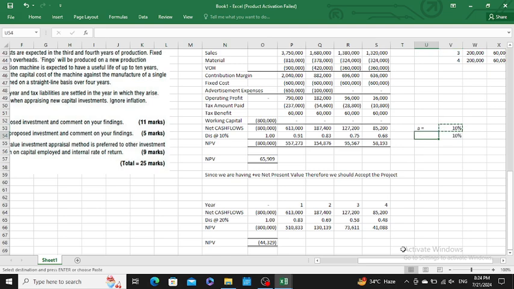At point B is the rate at which we would be getting the negative NPV. Capital A is the rate of capital A, where our positive NPV was 65,909, and capital B represents 20%, where we would be getting the negative NPV of 44,329. So, sir, our formula is the internal rate of return